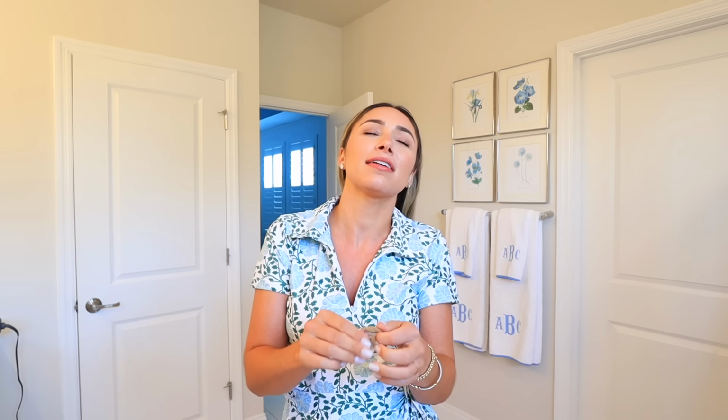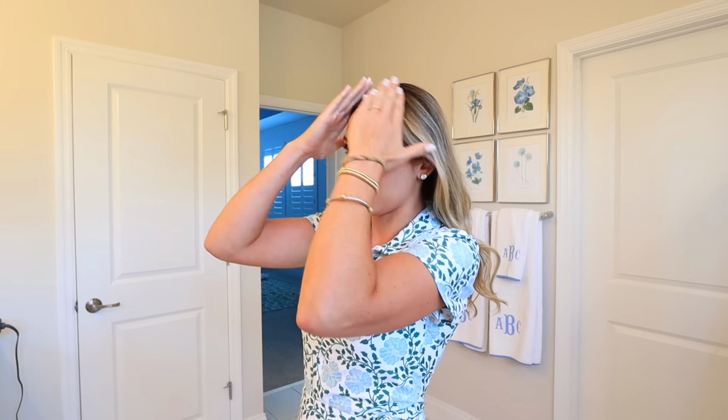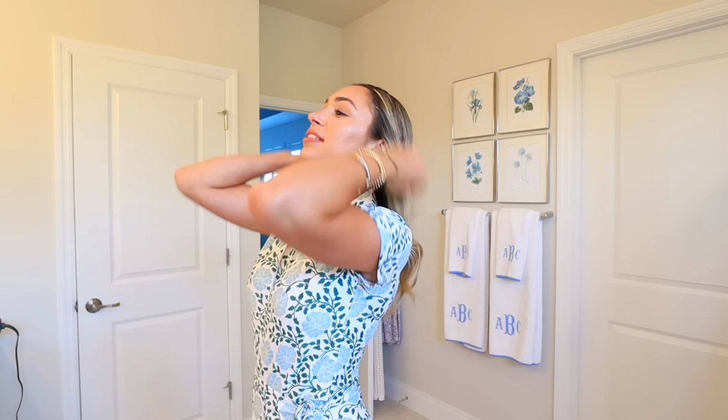And when I did a clean and organized with me video a couple weeks back, I actually had regular conditioner in my hair. And in person, I was like, okay, I don't know if this looks good. But in the video, I thought it looked really good. So my hair is fairly dirty. I'm gonna wash it tonight, but I want to put this in and just see how it looks and show you guys too, because in the video I thought it looked pretty good, if I do say so myself. So I just try not to put it at the root,